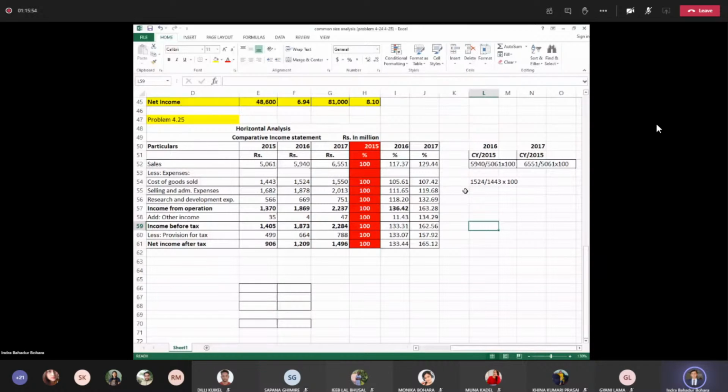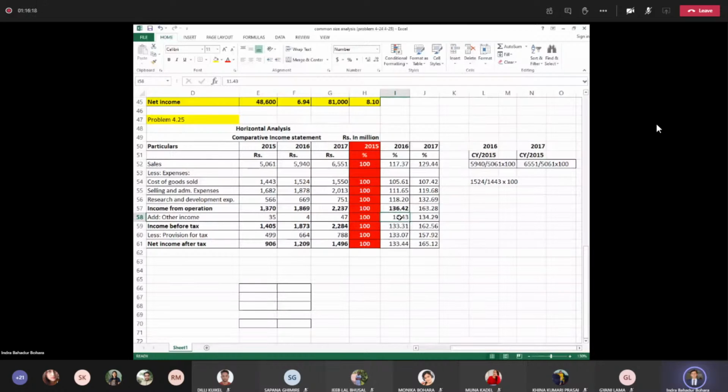So selling and administrative expense also increases. Another is research and development expense, 118 to 130, and a huge amount is spent here. Similarly, other income decreases here by